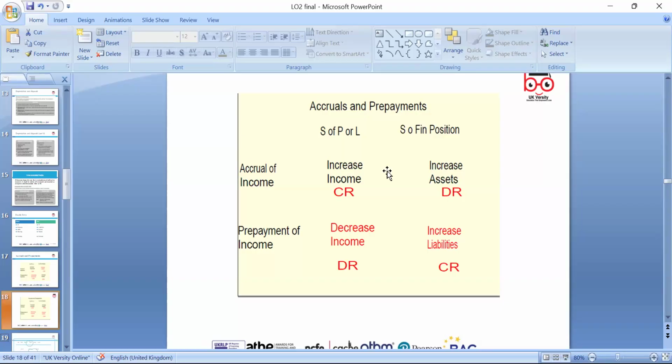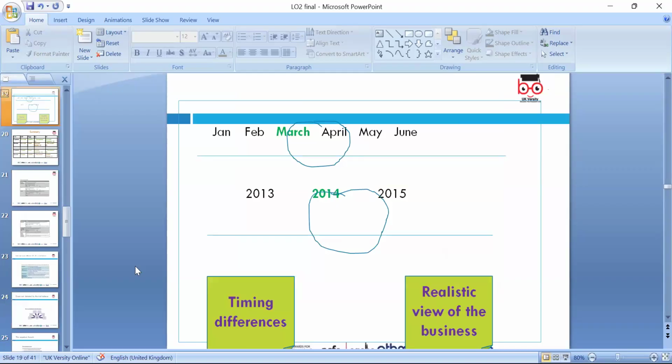prepaid income, because we need to reduce sales, and we credit the liability, because prepaid income is a liability. Prepaid expense is an asset, and prepaid income is a liability, because we are liable: if we do not provide the services, we have to pay back. If there is any question, when we do these adjustments it is always good to use a timeline: when you start, when you finish, what relates to that year, and make the adjustment accordingly.